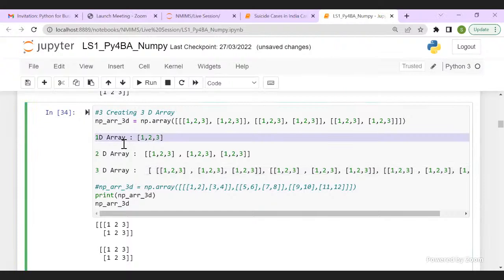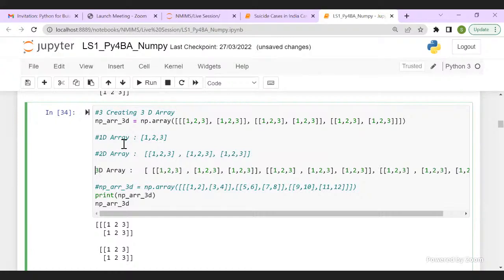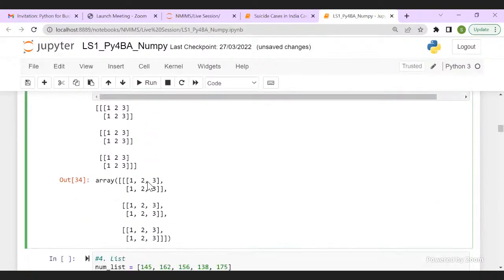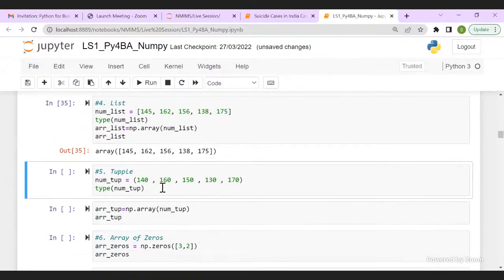Can I go ahead and delete this? Or I'll just comment it, so that when you are having this code and that confusion pops up, you will understand it. I'll write a comment here later on, so that you don't have confusion. So we are done with the 3D. We are done with the list, so I'll just run it and skip this one.